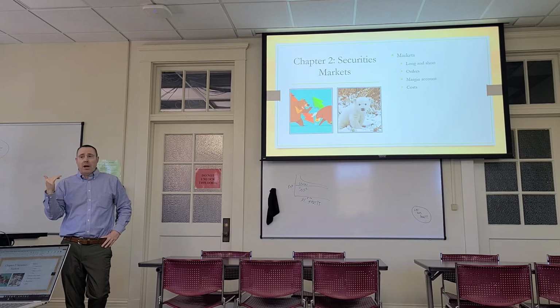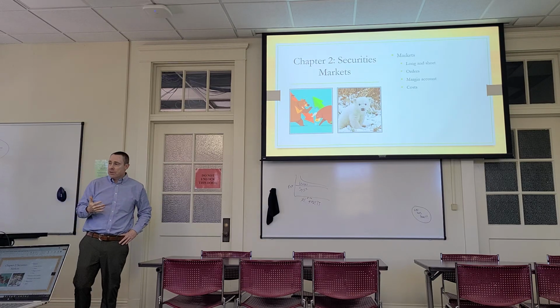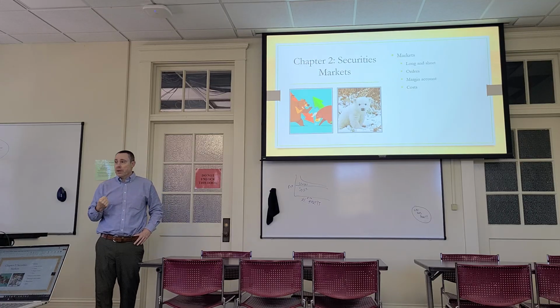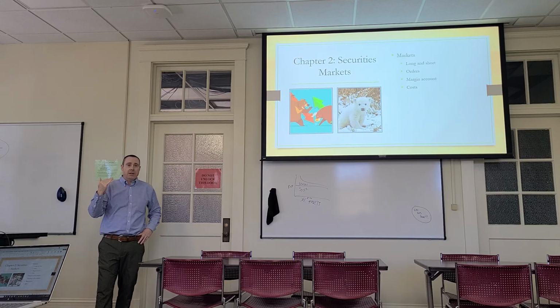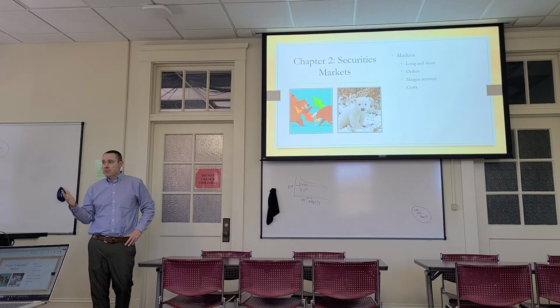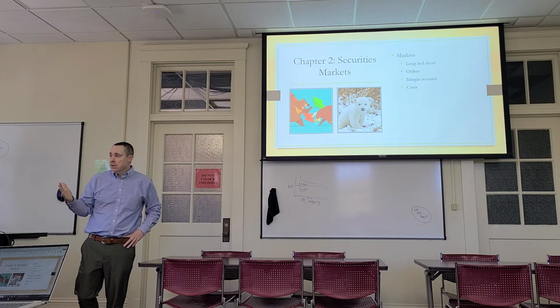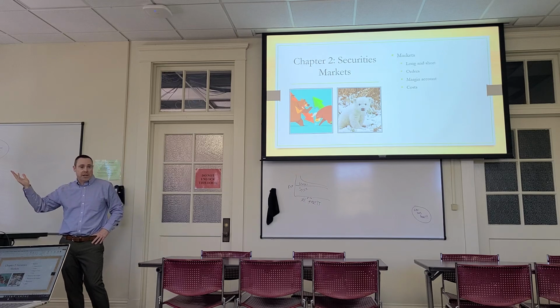A limit order, I can say, I'm not willing to pay market price, but I will pay a little bit less. So if the price drops down to that, cool, I buy it. If it never drops to what I'd be willing to pay, I don't buy it. With selling, same idea. I'm not willing to sell something I own for less than this price. And with both of those, I can say I want this to be good until I cancel it. So if this stock ever reaches that price, buy it or sell it, depending on what I'm doing.